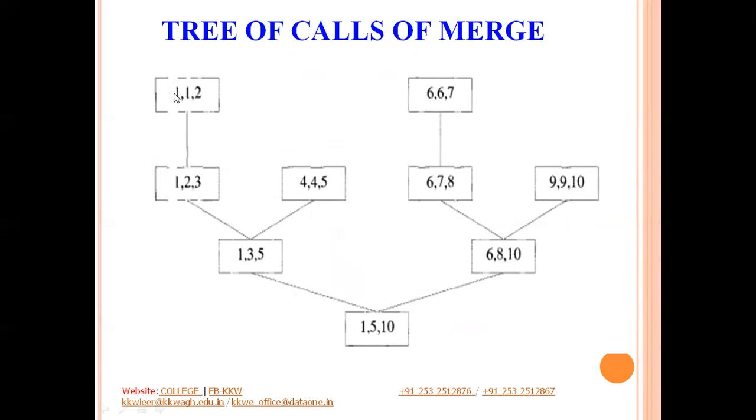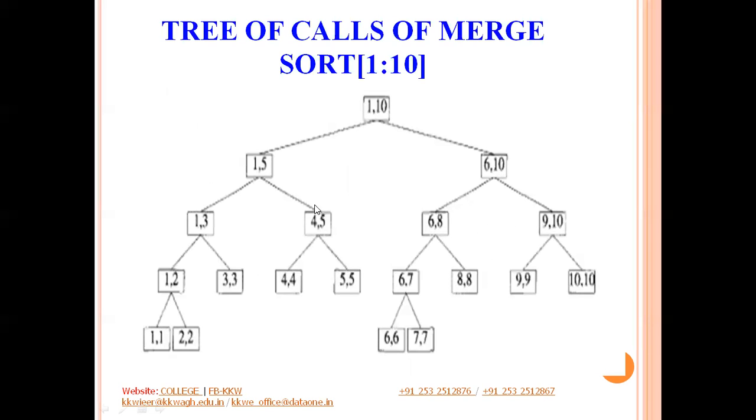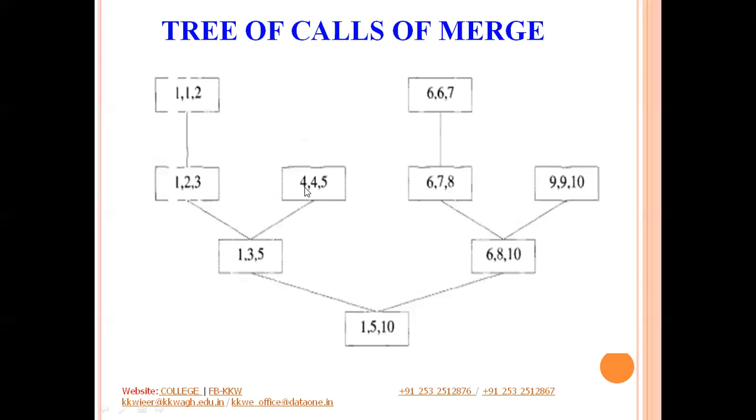So this was the first element, again mid will be 1 and 2 will be high. Okay, so this is your first call to the merge algorithm. Then you move one level up. The next call to merge will be with parameters 1, 2 and 3. Similarly, on the other side of the algorithm, that is this side, there will be a call with parameters 4, 4 and 5, and